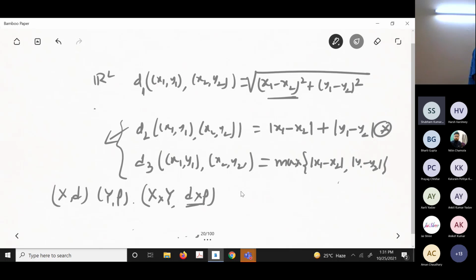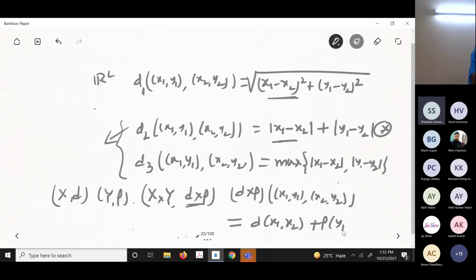So for d cross rho, look, how will I get it? This will be (x1, y1), (x2, y2). Look here, what will I have? This was actually in R square that I am doing, but actually it is d, the first one, d(x1, x2), and this will be rho(y1, y2). This usually we take as the product metric. So now we can talk about the topology here, closed sets here.